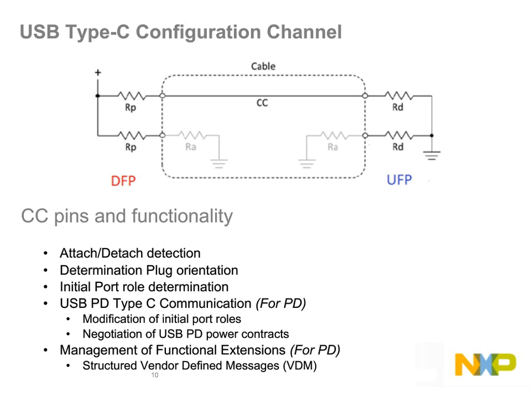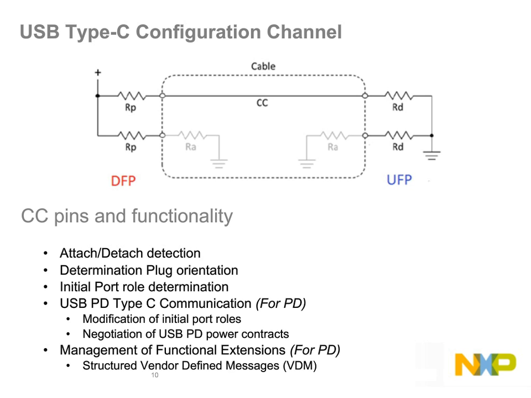CC pins also help us in determining our initial port roles, which means if you plug two different devices over Type-C, we need a mechanism to determine which side is going to be the power provider and which side is going to be the power consumer. And as the name suggests below the diagram here, the side that becomes a power provider is typically known as a downstream facing port, and the side that becomes a power consumer is known as UFP, or an upstream facing